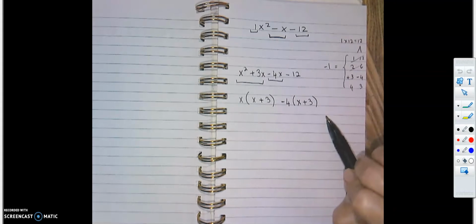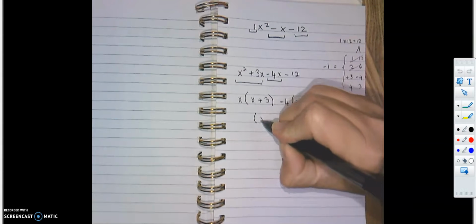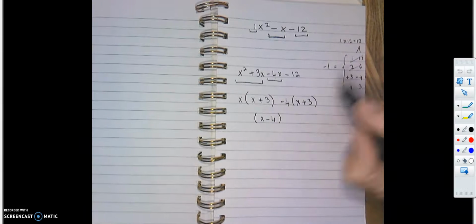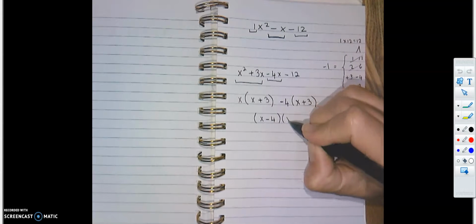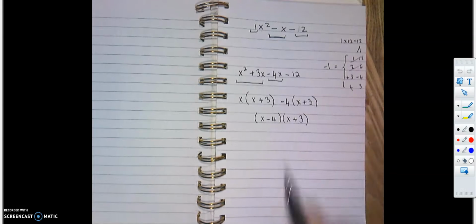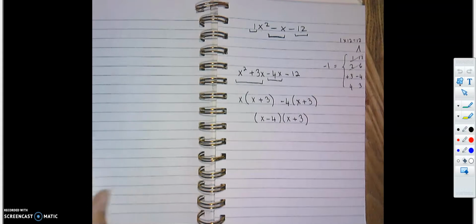The final step in this sum is I write down the first term and the term outside the second bracket in a new set of brackets, and then I rewrite the bracket we had already. When you have this, you now have the factors. Okay, so if we do another one,